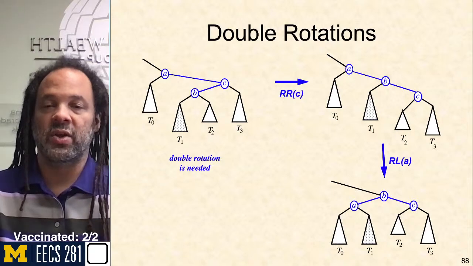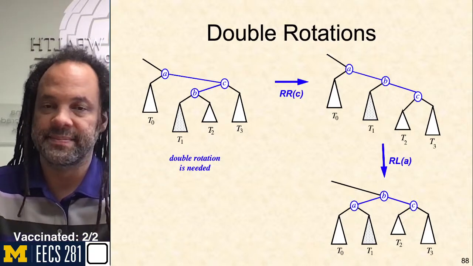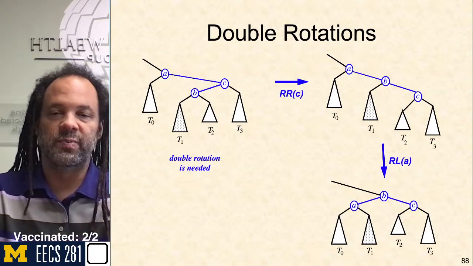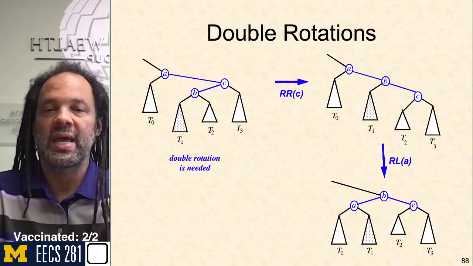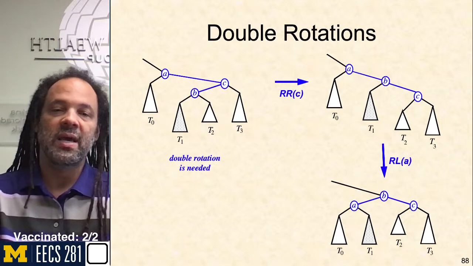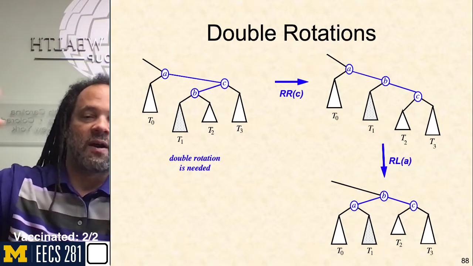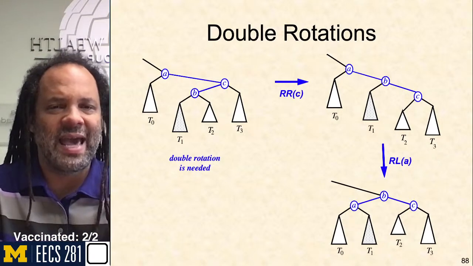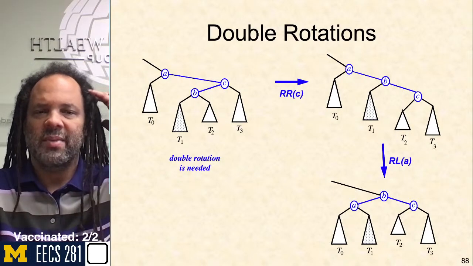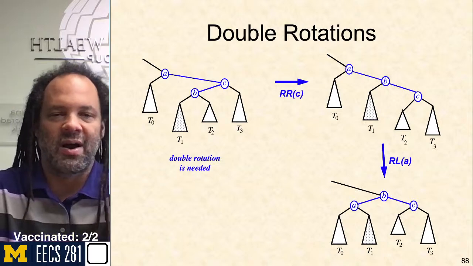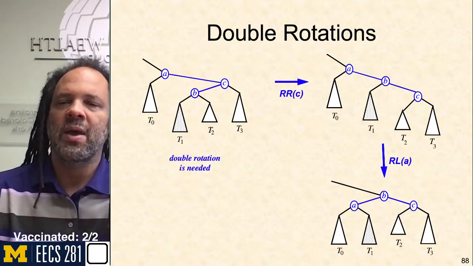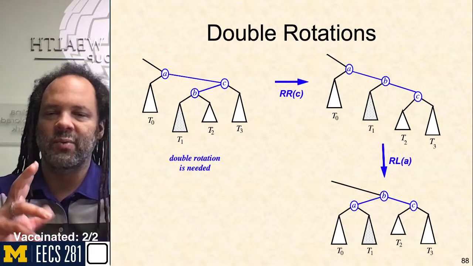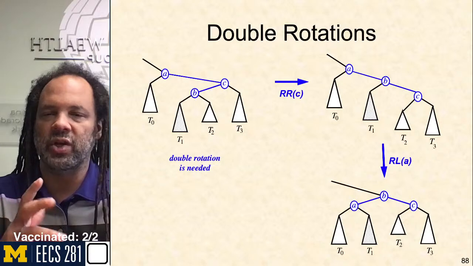With the single rotation on a zigzag, I just get the other zigzag. So the first part is to rotate right around the child. I'm going to rotate right around C, which then stretches things out even farther here. We see that T0, T1, T2, T3. Now I've got A looking even worse than it was before because I'm looking at this balance factor of being off as 4. But when I do a rebalance that's a double rotation, I've got